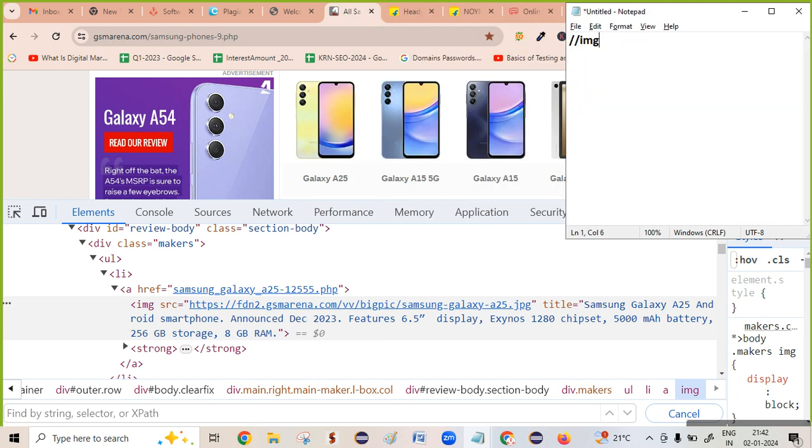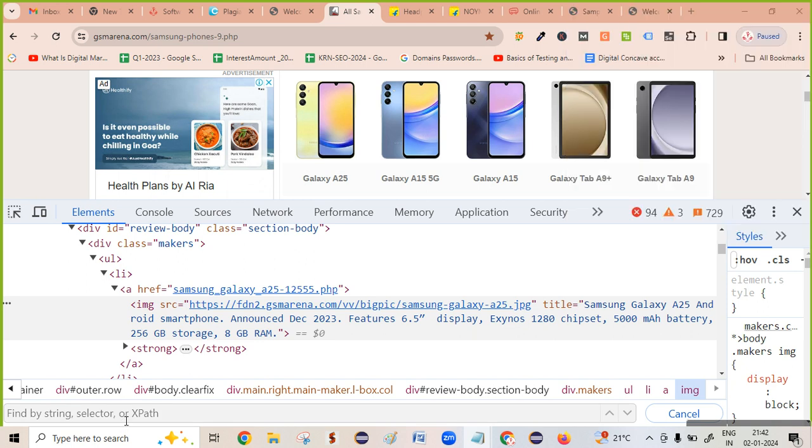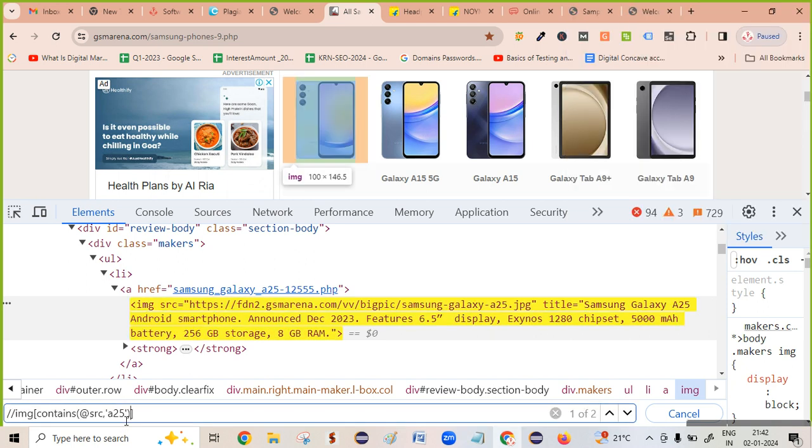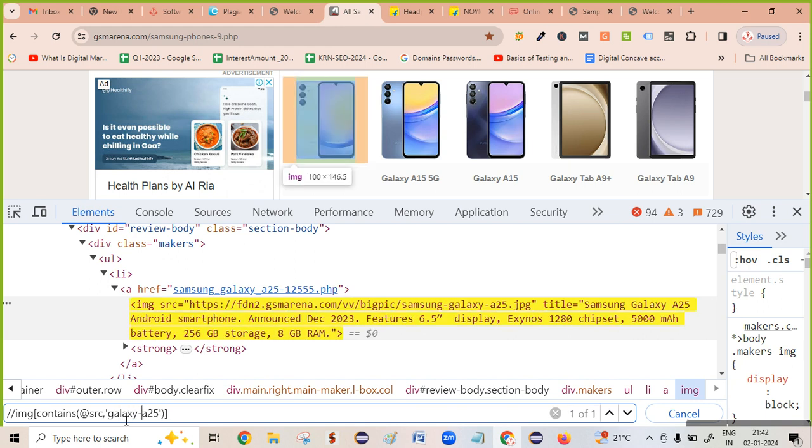Double forward slash img open brace at the rate contains at the rate src comma a25. This is the one. Okay, first I need to open the browser, open this URL, identify this element and get